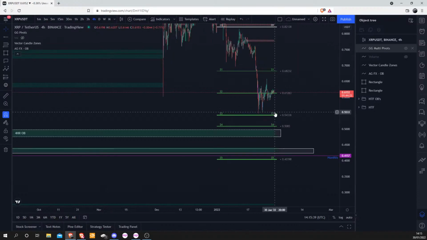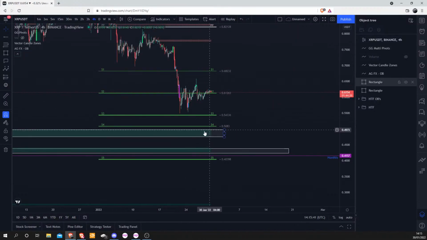4 hour OB. Right. If the new monthly pivots spawn, and we do get some support levels within this order block, then